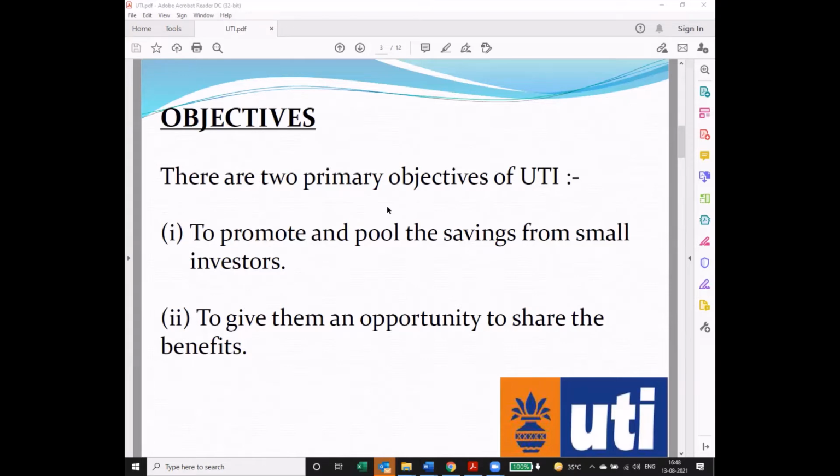So UTI at one point in time was a very strong institution, through which you could invest in shares, and people really got very heavy returns. So this was the purpose, to utilize the 60 to 70% population of the country, and obviously there was a purpose of creating a habit of savings, and plus invest those savings somewhere so that you get good returns. So that was UTI, because bank was having a different purpose altogether.